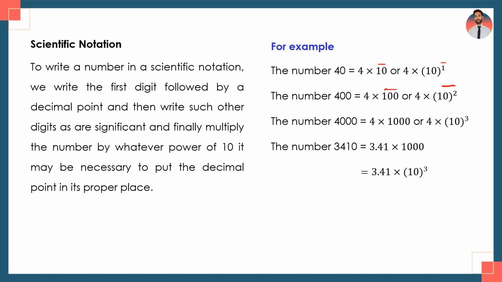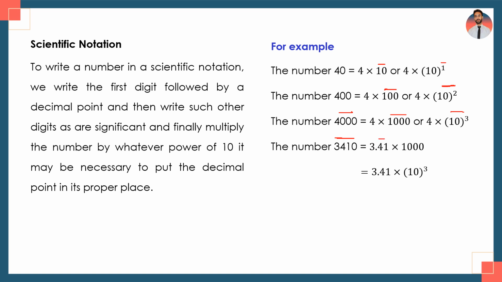The number 4000 is 4 multiplied by a thousand, and we can write 1000 as 10 to the power 3. So we can write it with 10 to the power 3, that is 4 multiplied by 10 to the power 3. This is the scientific notation of the number 4000. And the number 3410 we can write in scientific notation as 3.41